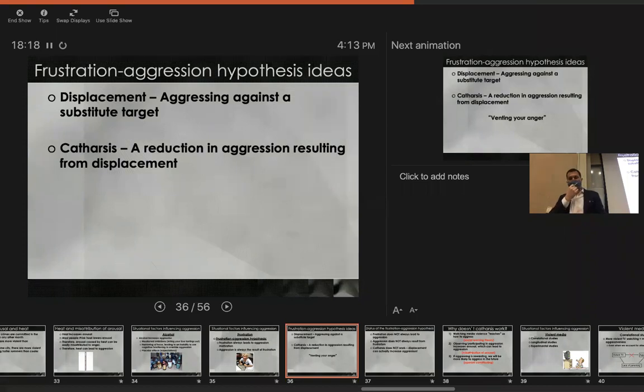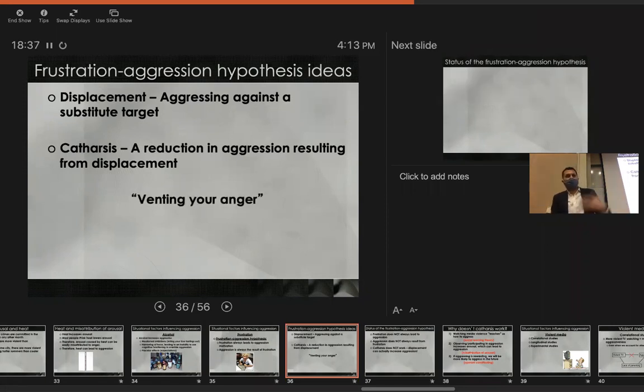That's catharsis. Okay? So the idea that these researchers had at the time was that aggression is something that builds up inside of you, and you've got to release it every now and then against some sort of target to reduce that aggressive urge. And we even have phrases in the language that are consistent with this idea. So the idea that we need to vent our anger, for instance, is based on this catharsis idea, that we've got to release that anger that builds up inside of us.